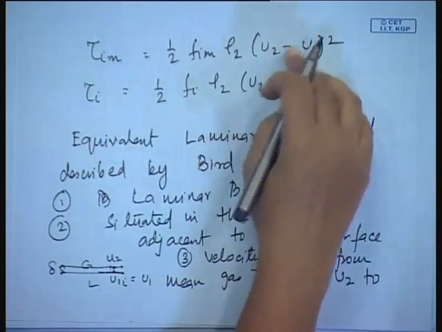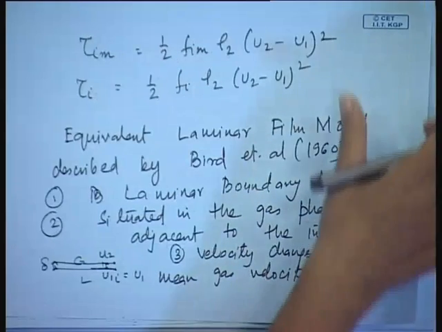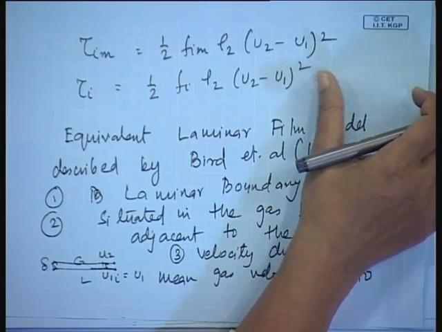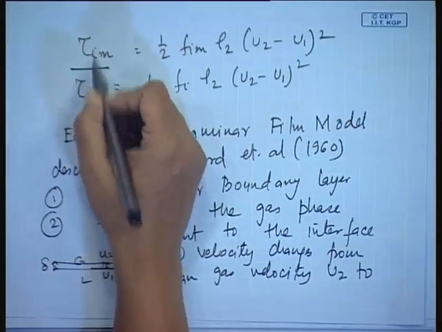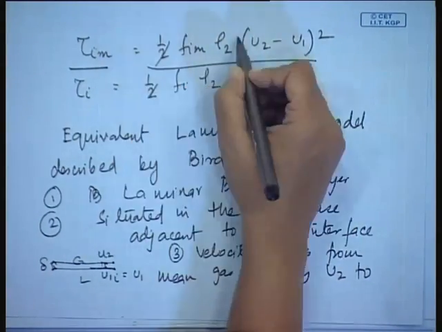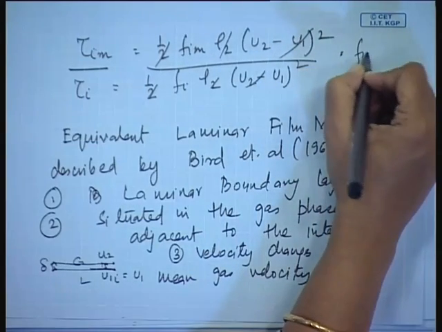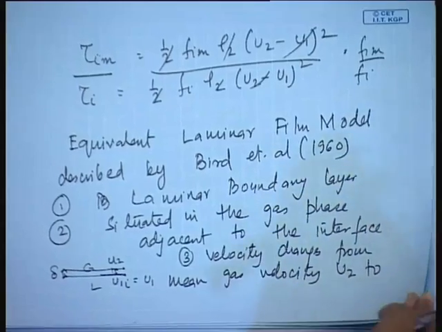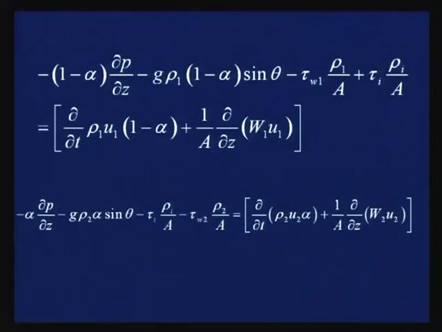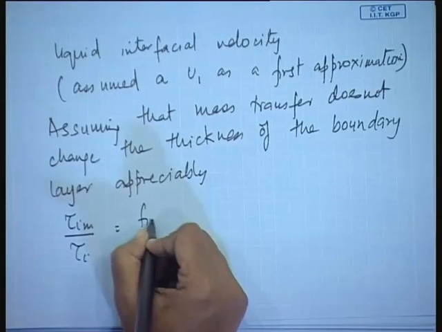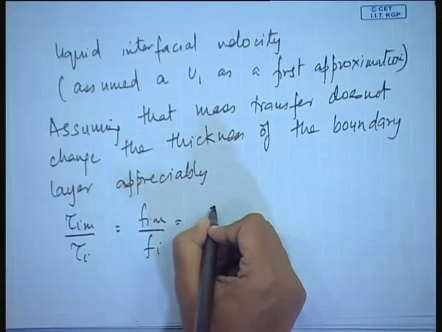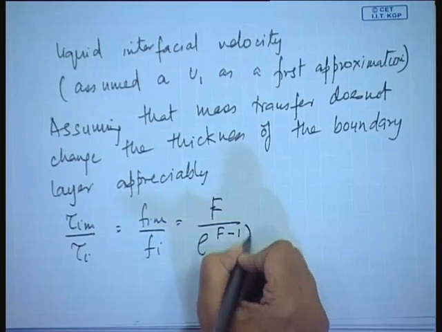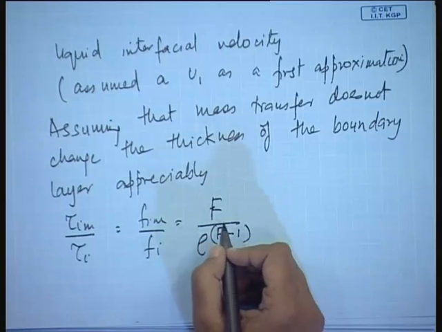So, on this basis, if we assume that the thickness of the boundary layer is not affected appreciably by the change of mass, then tau im by tau I, what does it become? All these things cancel out, and this becomes FIM by Fi, right. And we know that from this supposition, tau im by tau I equals FIM by Fi, and this is nothing but equal to capital F by e to the power f minus 1, where this particular f,